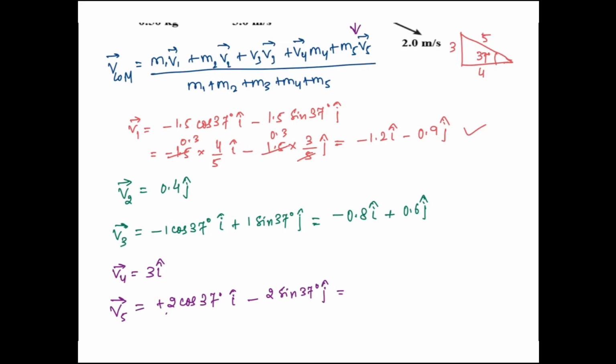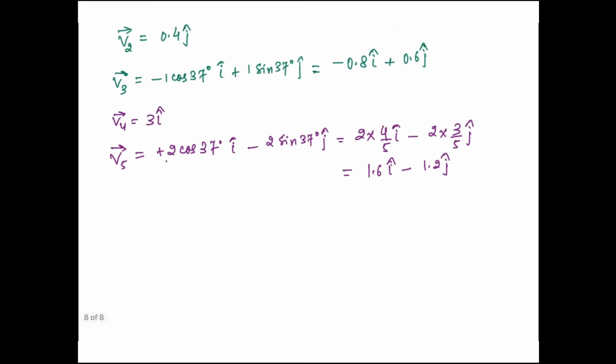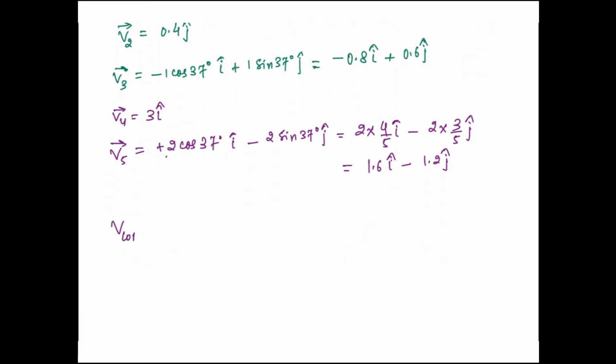So this will be equal to 2 into 4 by 5 i cap minus 2 into 3 by 5 j cap. So it will be 8 by 5, that means 1.6 i cap minus 6 by 5, so it will be 1.2 j cap. Now if you put all these values in the center of mass equation, the velocity of center of mass,